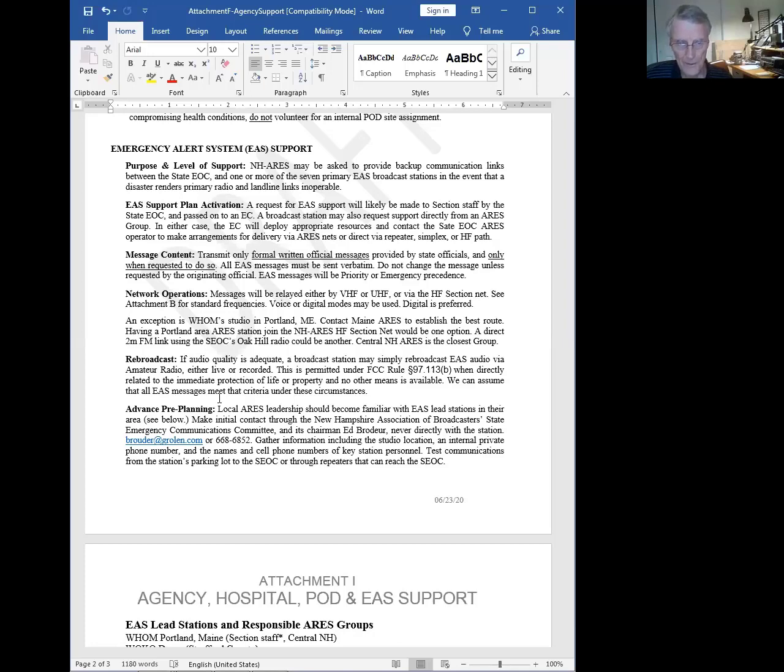I think they are still one of our lead stations, but I don't know for a fact. And that may be something in this plan that's still out of date. I pulled my information from the EAS website. I don't know if Ed's kept that up to date either. I haven't called him to ask, but that's something I might want to do. His phone number is here. I'm not even sure that's accurate at this point, but he did agree to be the contact point. So he's in the plan.